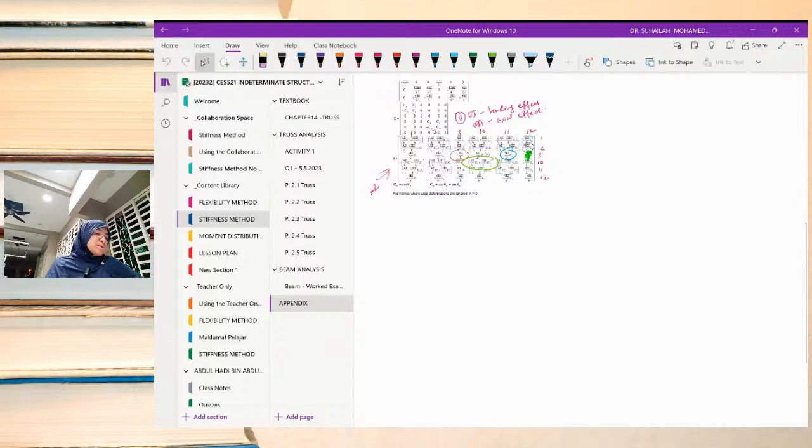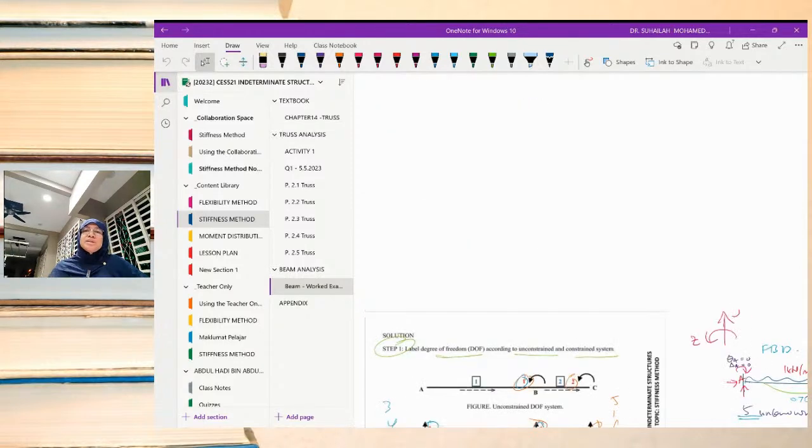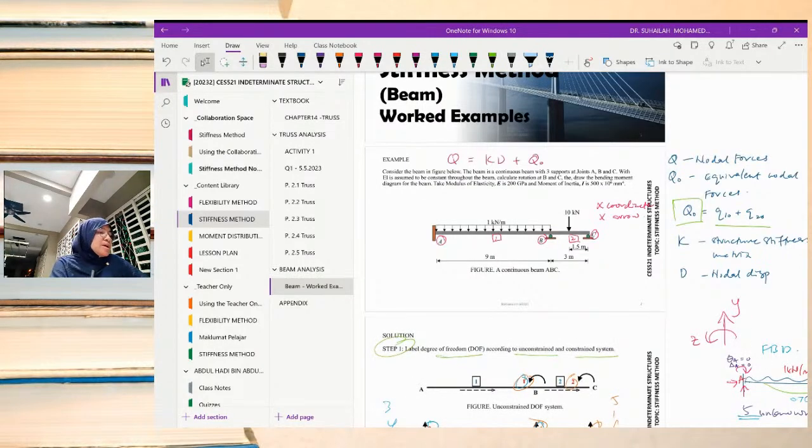Okay, not inside, doesn't matter. Okay, so when we want to calculate Q naught,